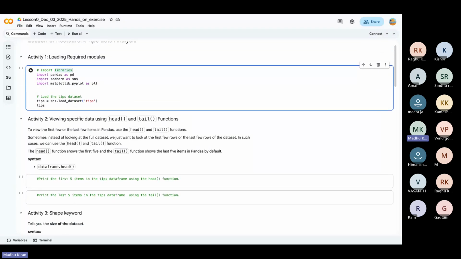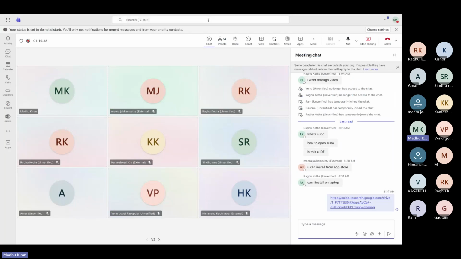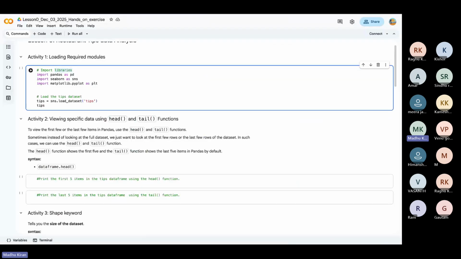I know there will be a lot of questions in between, like what is this, what is that? Don't worry about it, because this is not the basic zeroth level class. It is just to give you an understanding of how we work on Google Colab and how the data analysis part looks on a mini data set. That's it. So, did I share the link? Yeah, you can click on it. It would be open for you.